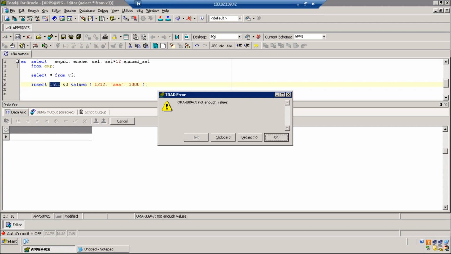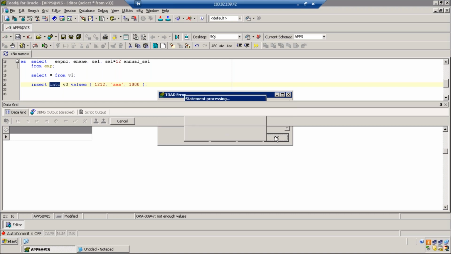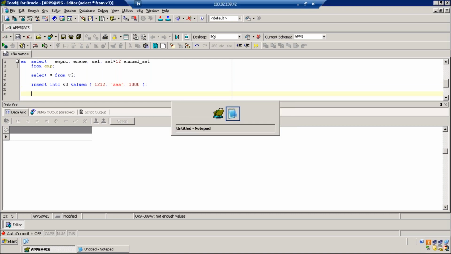Not enough values. V3 has four columns, so it expects 4 values. But when you pass the value, there is no mapping column in the base table where the 12,000 should be stored. So that's why you get an error.